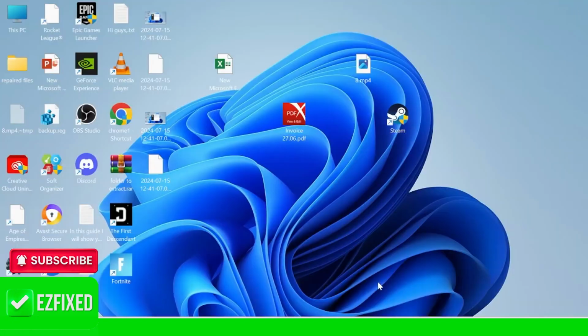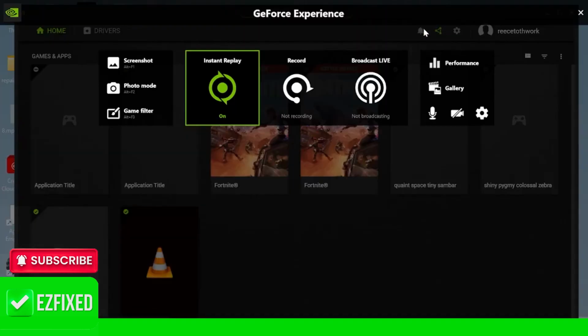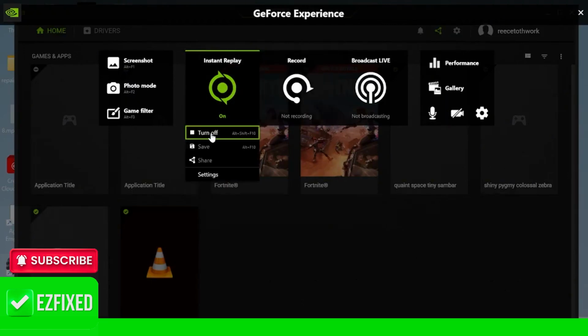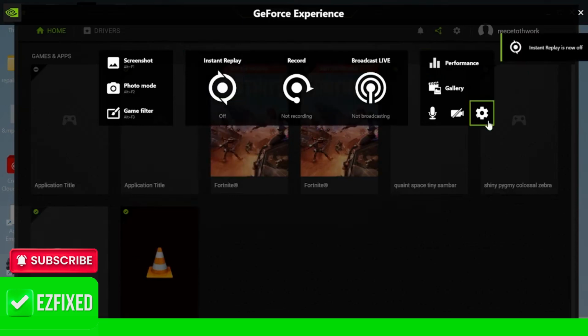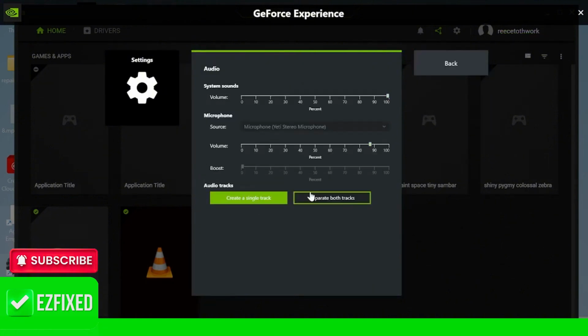and the next thing you're going to do is head back over to GeForce, and we're going to come back over to the game overlay settings. And once you're inside of these overlay settings, we're now going to turn off our recording and also turn off the instant replay. And once these are both set to off, we can then come into the settings window by pressing this cog icon. And we need to come down to audio,